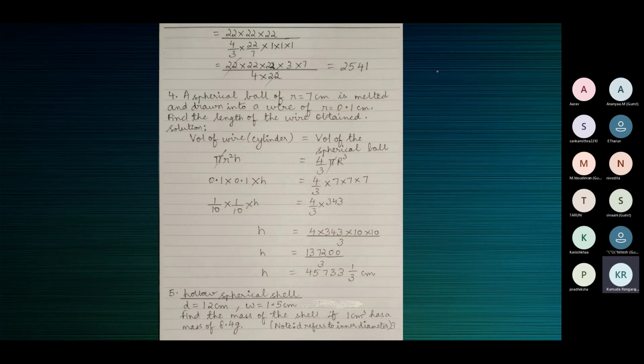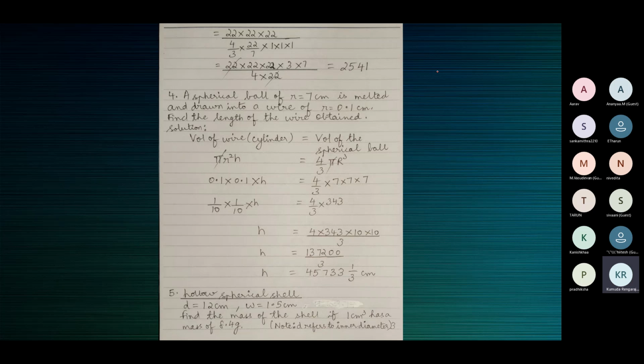The wire which is used for electrical work is cylindrical. Some are flat, but here the radius is given to us. So there are wires which are flat. Now this wire is cylindrical because you can see the radius there. Radius means the ends are circular. So that means radius and length, and radius and length means it's a cylinder.